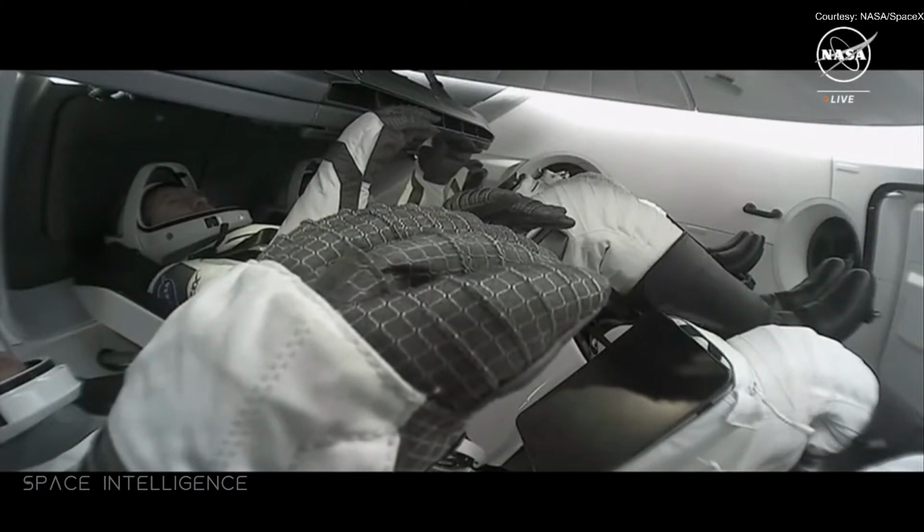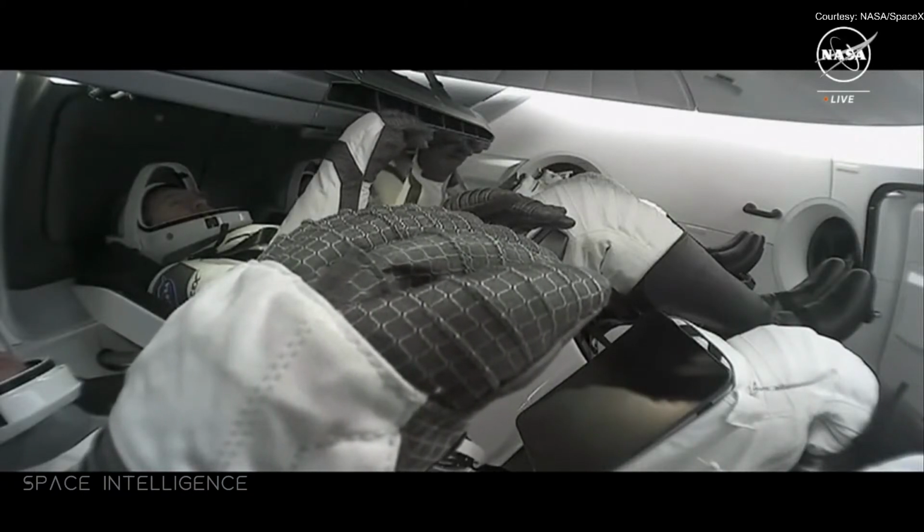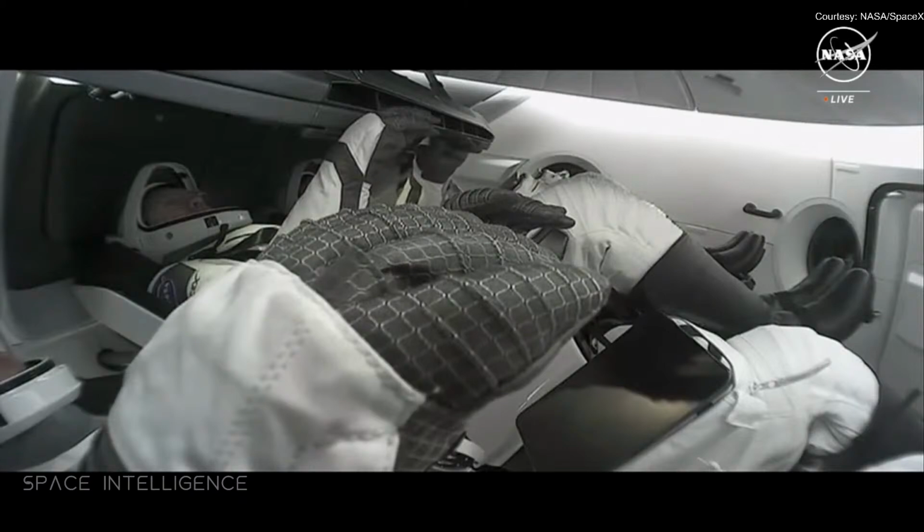We expect this maneuver to take about 25 minutes, and then Dragon will arrive to the zenith port of the International Space Station. But before it does dock, there will be a check-in halfway at what you call the midpoint. At this point, again, it will stop and hold about 60 meters above the Node 2 zenith port before preparing for final approach. Once we reach that area, flight controllers in Hawthorne will...